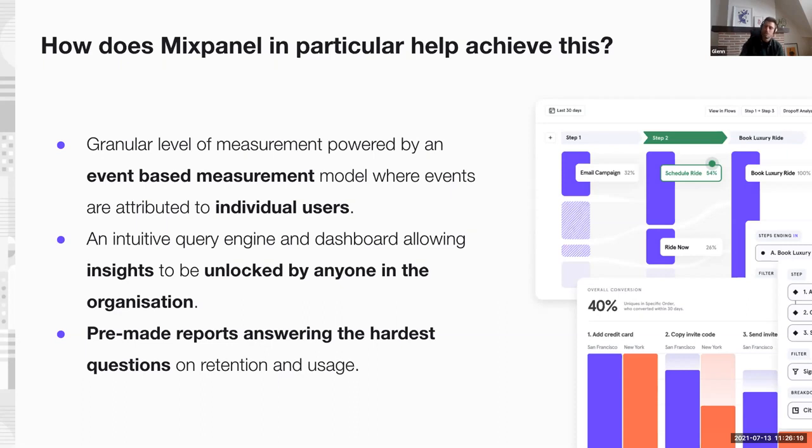And then last but not least, some of the questions are very hard to answer because they require a lot of calculations. Think of cohort analysis, think of modules like correlation analysis: which feature is very highly correlated with another one and which could be indicative of having an impact on the next one. So that would be the insights to hypothesize the next A/B test. All of these insights are very hard to surface because they require a lot of mathematics, a lot of data to be gathered. And Mixpanel is able to surface that very easily because they have been focusing on building specific reports for everybody to use, so that those insights are surfaced very easily.